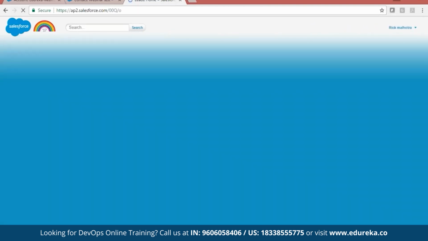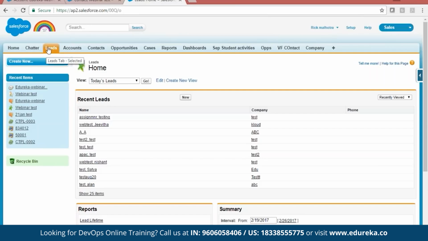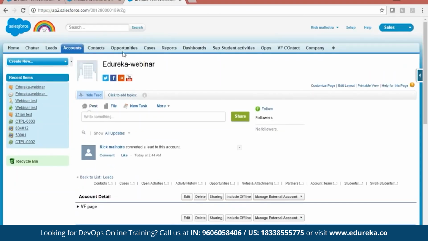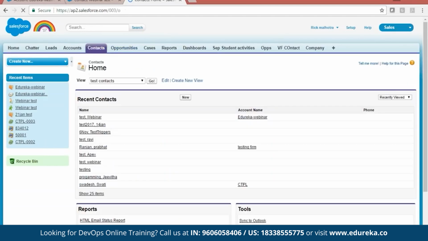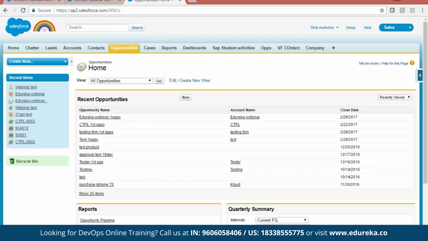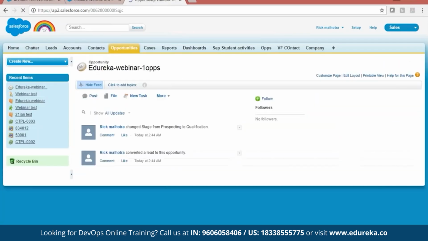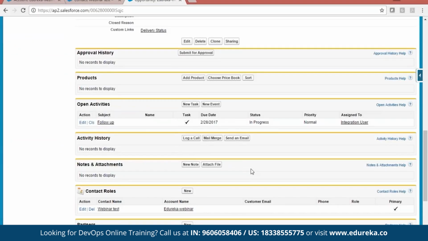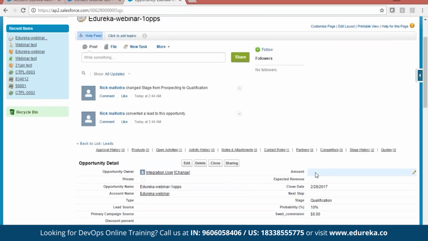So leads, create a lead, convert it into account, contact, and opportunity, and we can follow up from these accounts, or we can also go to that contact and we can call them, we can send an email to them, or we can also do it with the help of an opportunity. Now on the opportunity, I can add an amount or something. I can put some pictures like I did. I can also put some amount here. I can customize it as per my requirement. So all these customizations can be done according to your requirement.